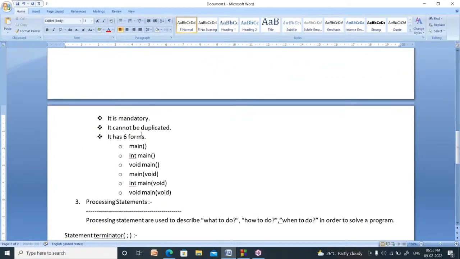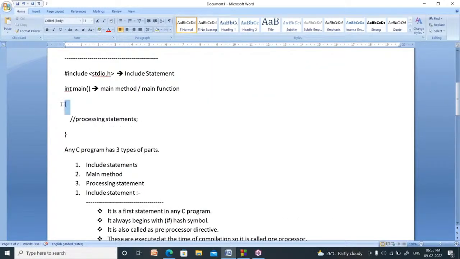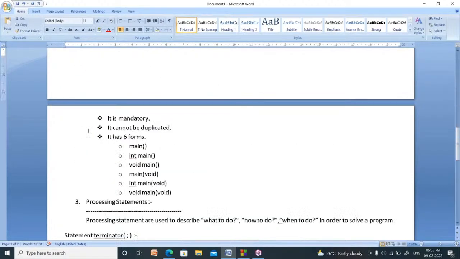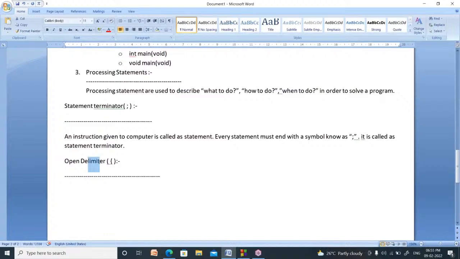Right. Why do we type it here? It indicates the beginning of the function. What is the use of this symbol? It indicates the ending of the function. Now, delimiter comes from limits. You know limits.